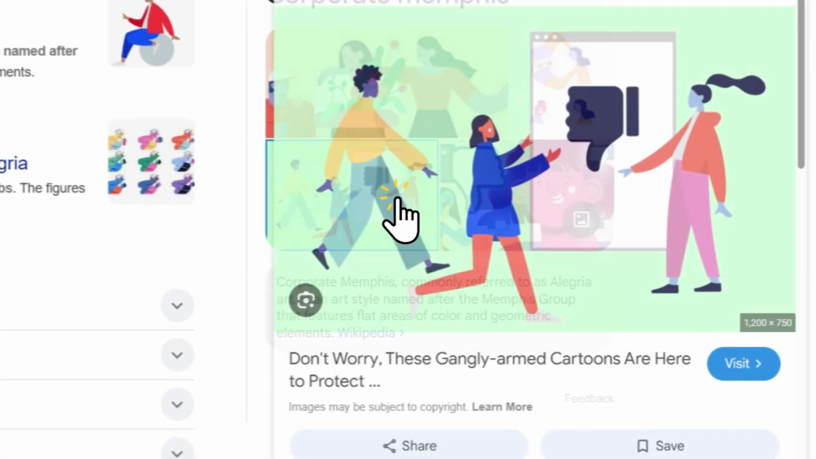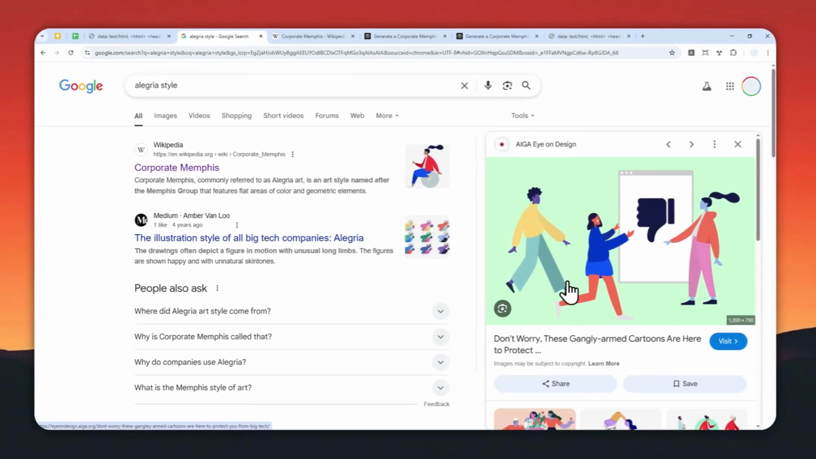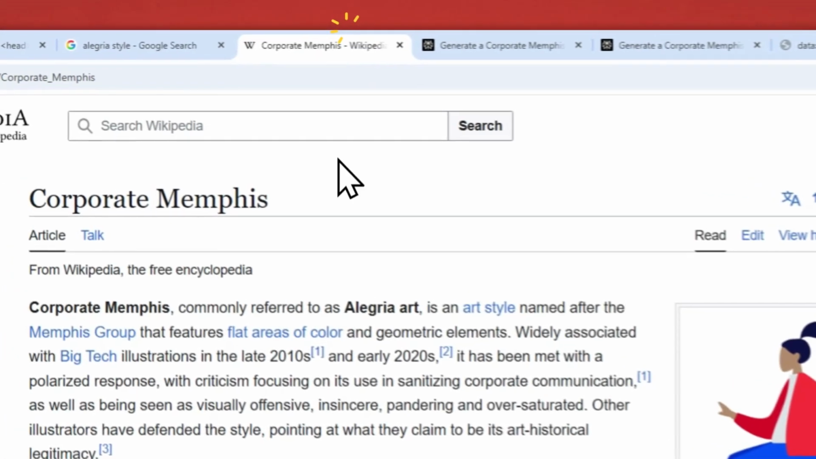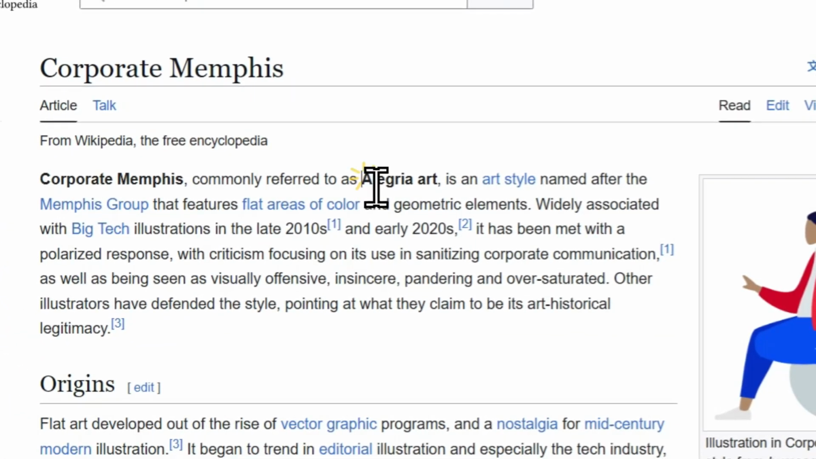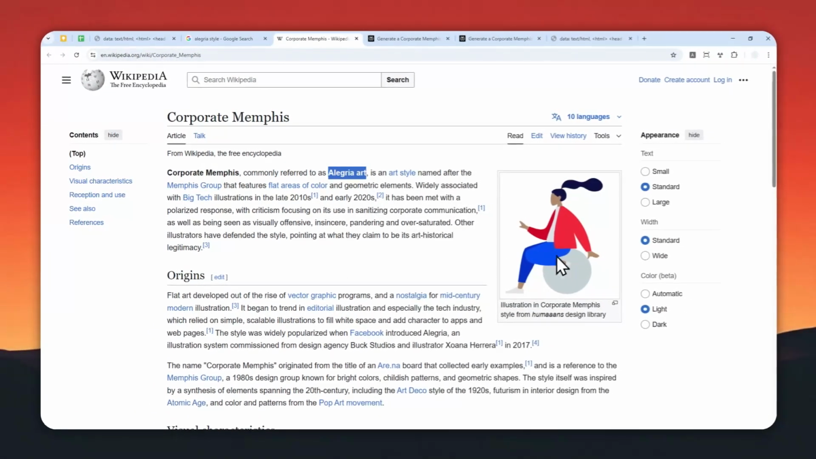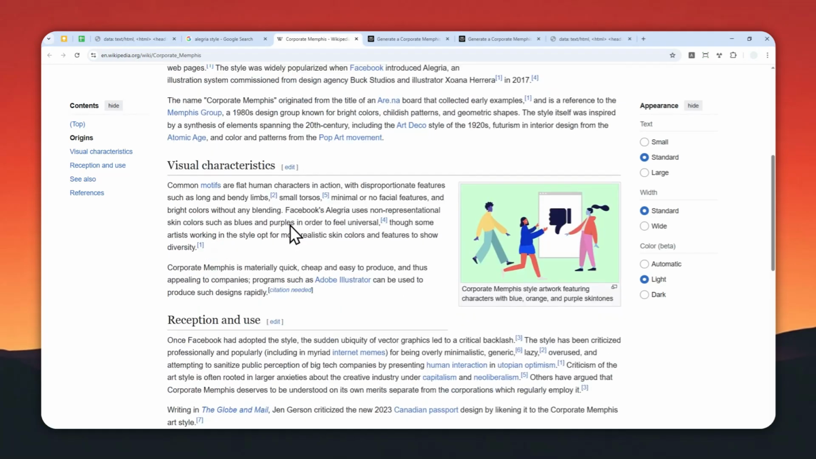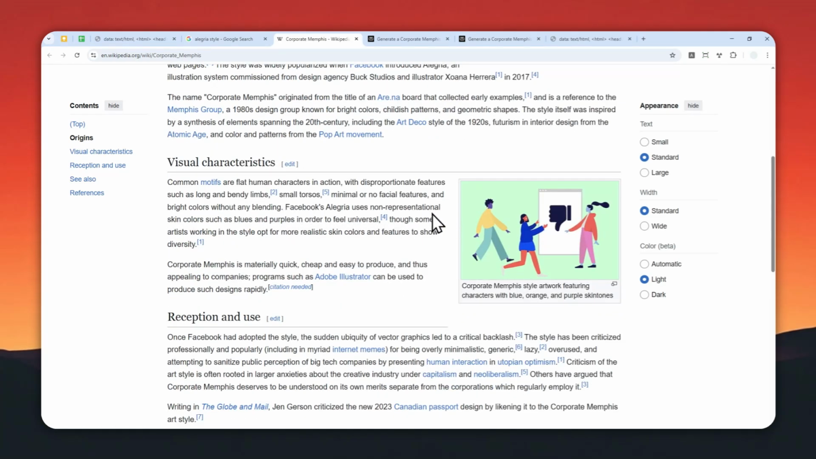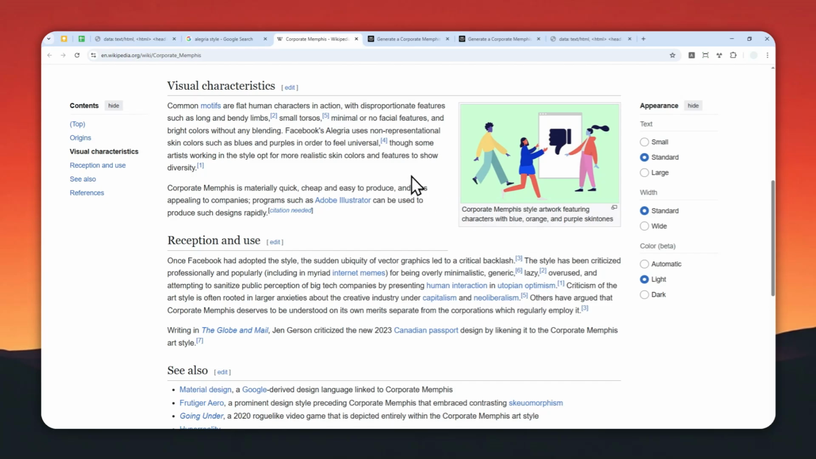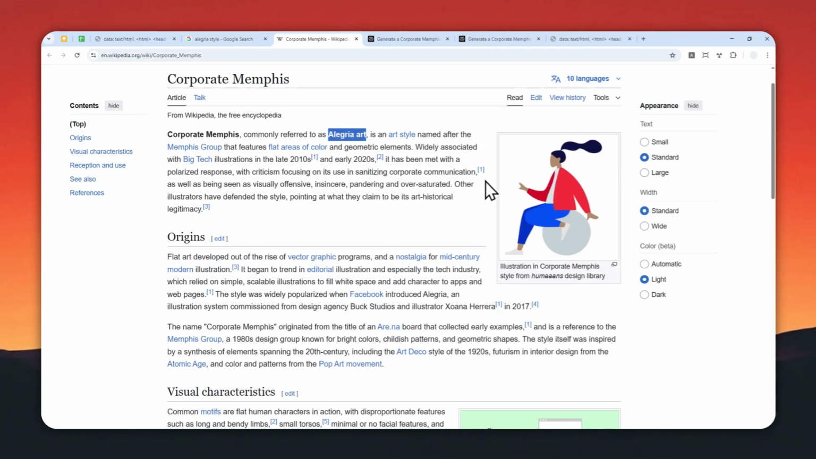Have you ever seen this kind of style on the internet? Well, this is called Corporate Memphis, also known as Alegria art, and this kind of style is kinda everywhere because big companies are often using it as an illustration on their website, and some companies, even smaller companies, are following suit and they're using this kind of style in their design or social media page. Now, some people love it, some people hate it, but either way, here's how you can create something that looks